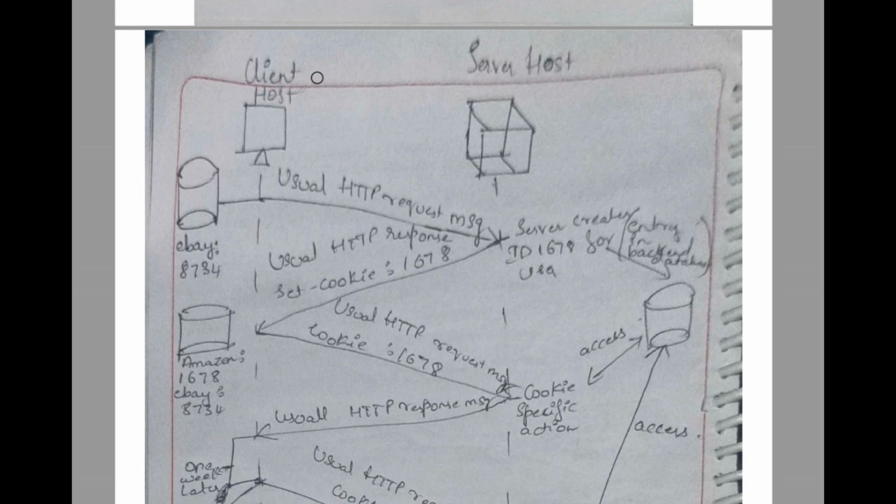So suppose you are the client, and you want to access the Amazon website. Previously you wanted to buy some bat or something. You have previously searched on eBay. You'll understand what this is later. You have visited eBay and you want to go to Amazon to find a bat. Whenever you enter for the first time,